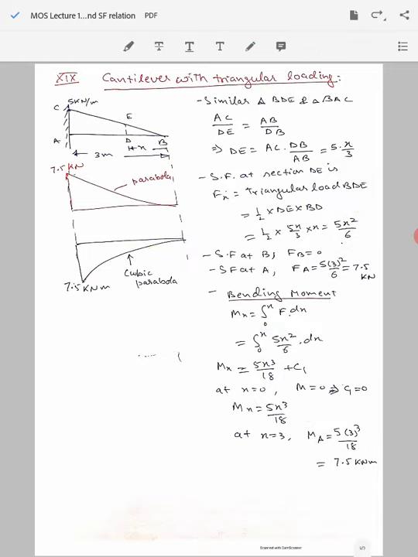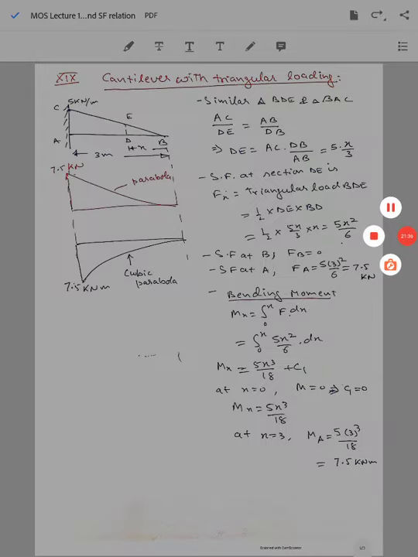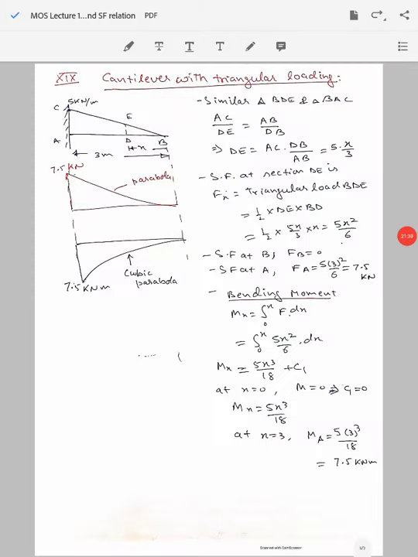So this brings us to the end of our chapter on bending moment and shear force diagram. Please do some numericals which are available in your books, solved and unsolved both. Soon we are going to have our second unit test based on this bending moment and shear force diagram portion.